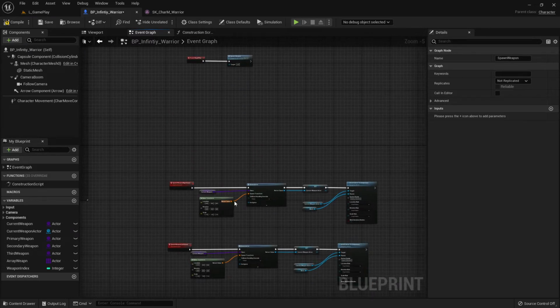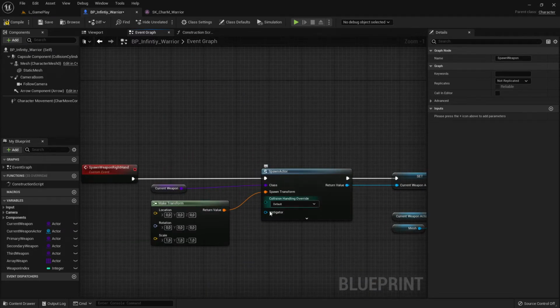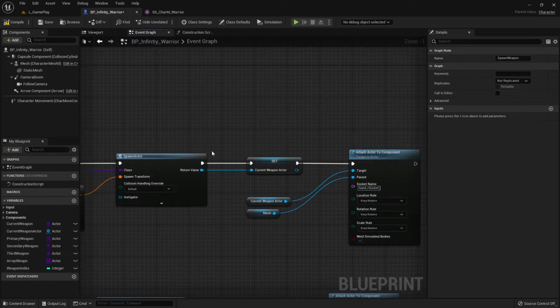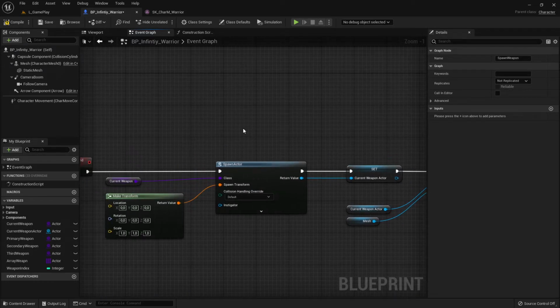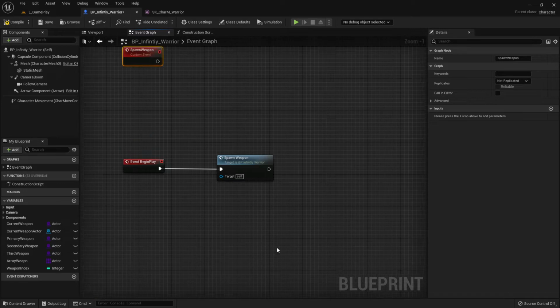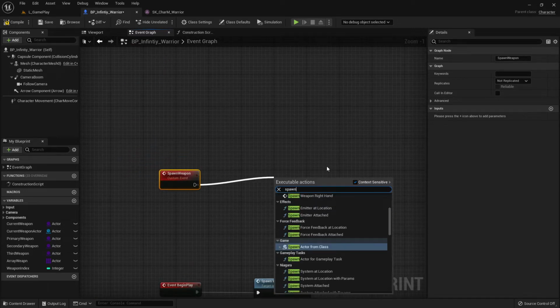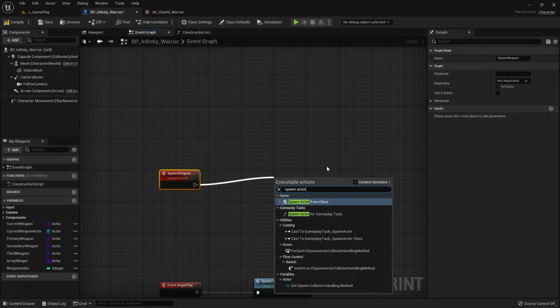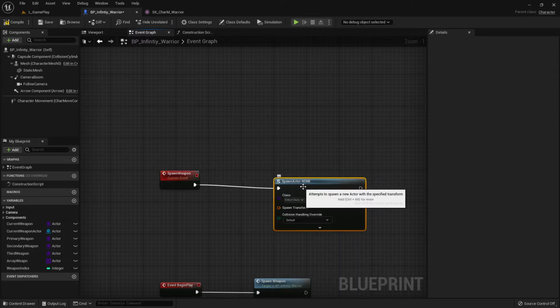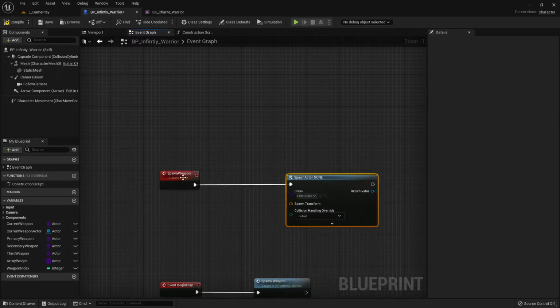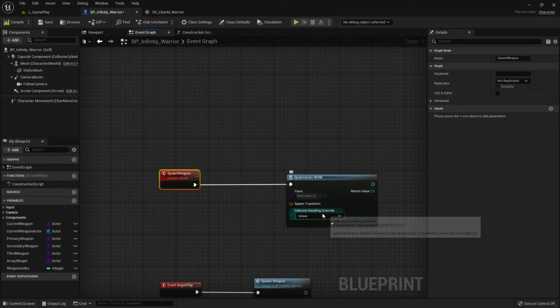Now we have to code this stuff which is here. So let me start with this one. We will get a spawn actor, and then we make all the stuff which is here. Let me explain that for you too. Let's make it together. Okay, first of all, let's drag out and call Spawn Actor from Class, sorry for that, not Spawn Actor. And Spawn Actor from Class will